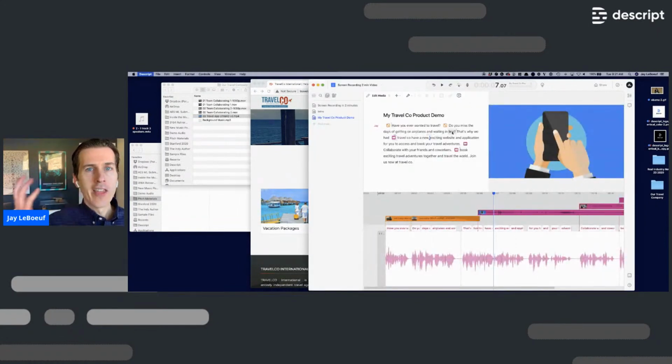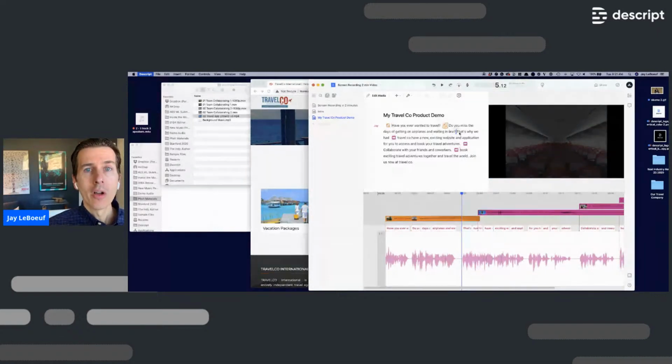You might say, where did that asset go? Where did it save the file? Because we're working in Descript, Descript's already saved it to the clipboard. So all I have to do is go to the part of the script that I want the video to appear, such as